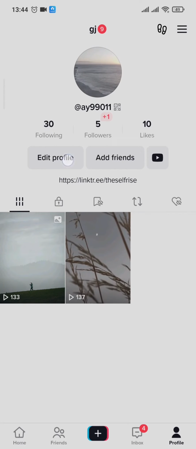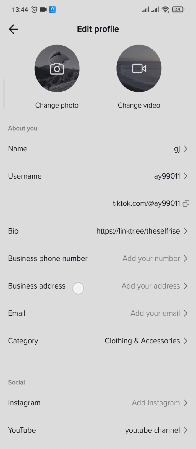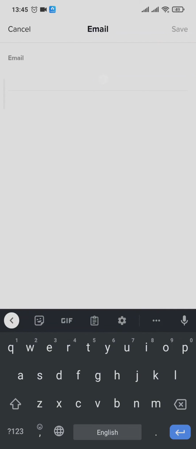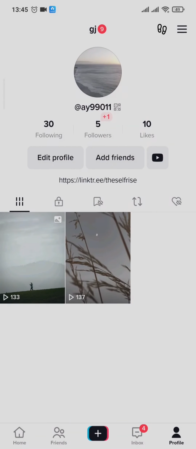So tap on edit profile, and then here you should have an option of website. You can just tap open the website option and then paste in the link that you just copied. And then tap on save on the top right, and your clickable link of your WhatsApp will be easily added